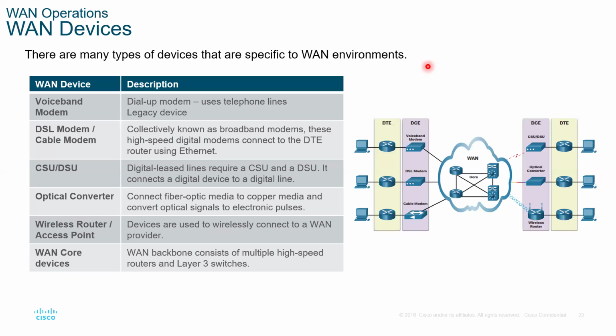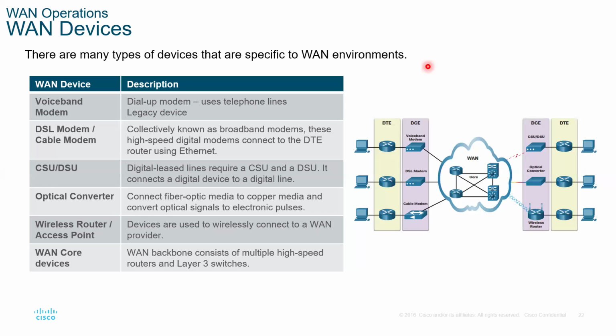This is basically a device that converts digital to analog. Our telephone lines probably use analog signals. So the modem converts digital to analog. And I think by definition, a modem is a device which converts one type of signal to another. All right, so the voice band modem is converting the digital signals to analog so that they can be transmitted